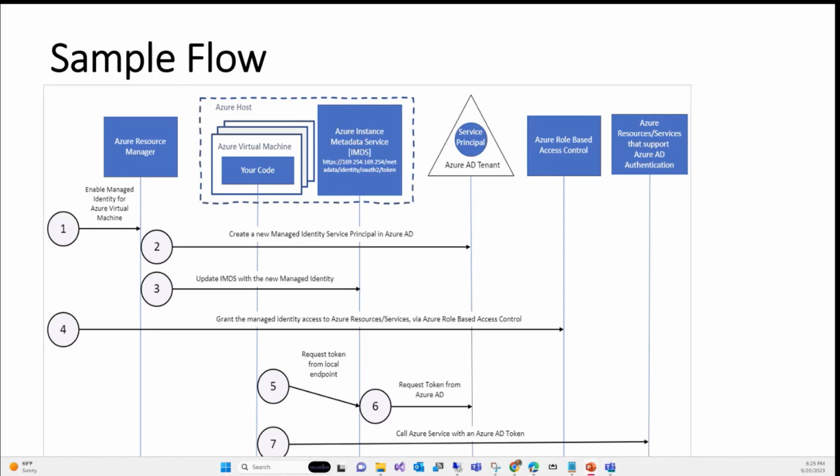That's where your virtual machine is and your code runs. Where the Azure virtual machine or Azure web app or function app, you name it, any compute, also runs a service called IMDS, which is the metadata service. Your code locally is going to talk to that endpoint to get the token. That's what is happening in the service principal communication. If you explore how the service principal works, that's how it works.